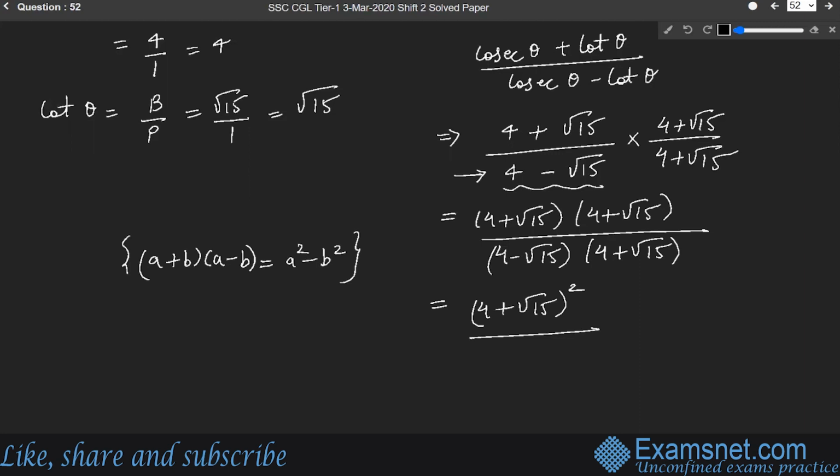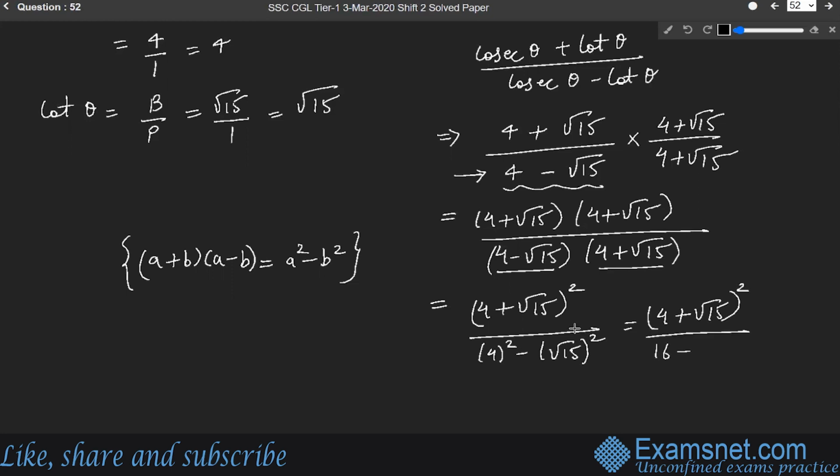Again, this is an identity to be remembered: (a plus b) into (a minus b) is a square minus b square. So here, this is a minus b, this is a plus b. What is a? A is 4. So 4 square minus b square. What is b? Root 15. So root 15 square. So in the numerator, we have (4 plus root 15) square divided by 4 square is